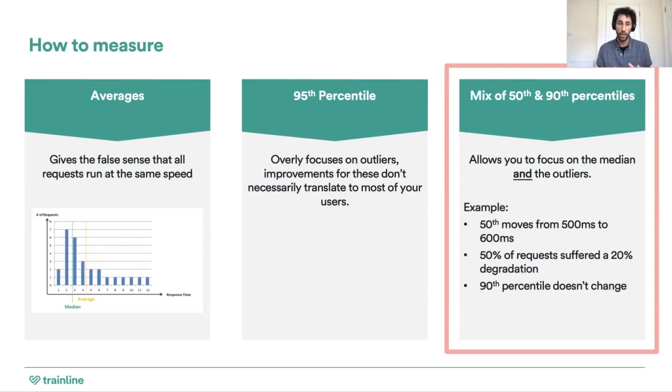We actually found out that it was better to have two separate buckets and always look at your median. That's where most of your customers are, that's what most of your customers are experiencing, and really monitor